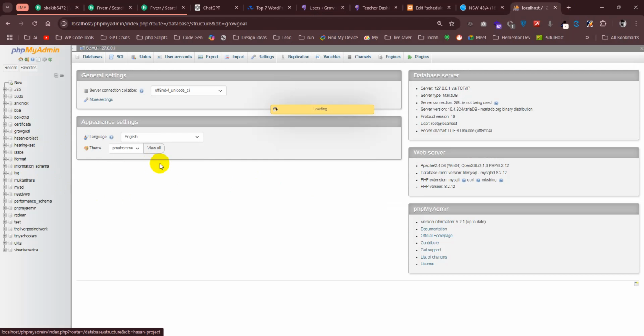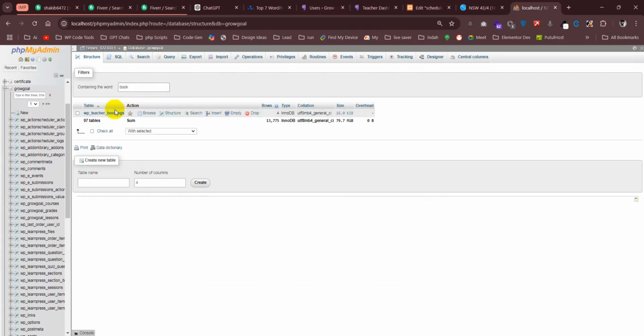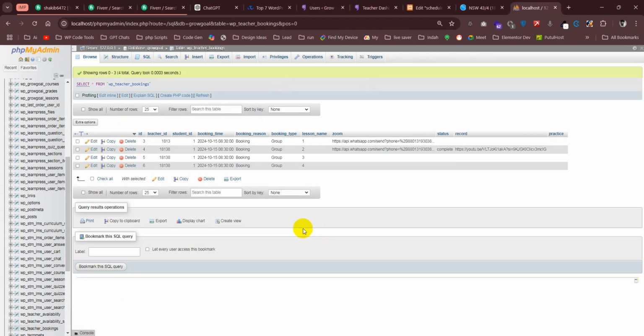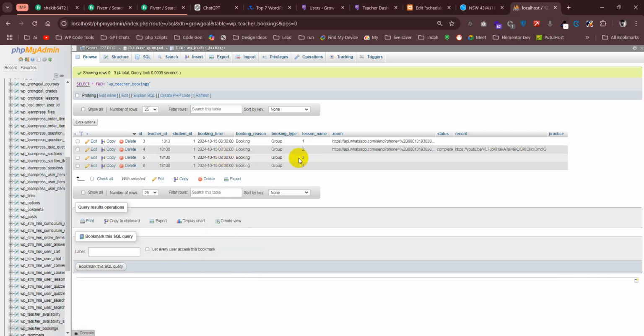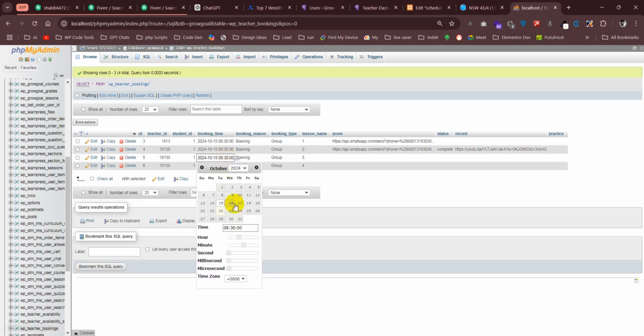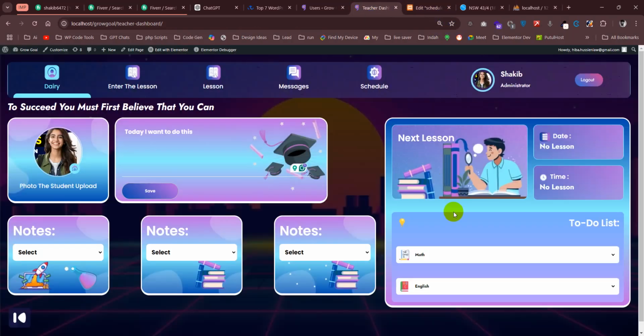This is the global one. This is the table, and you can see there is nothing in the future. So let's make this one lesson number 3. Make it for the future, 31st of October. Okay, it's saved. Now if I refresh here,